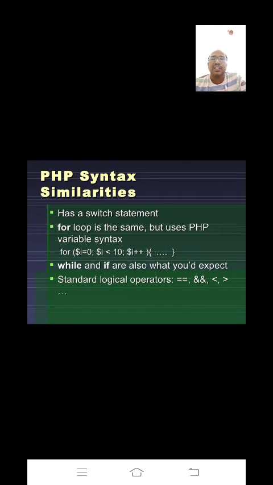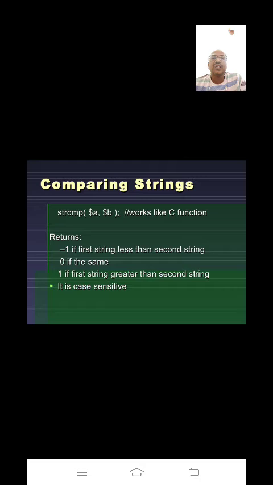Suppose in $a you have hello, and in $b you have hi. What does strcmp return? It returns some integer value. It may be -1, 0 or 1.